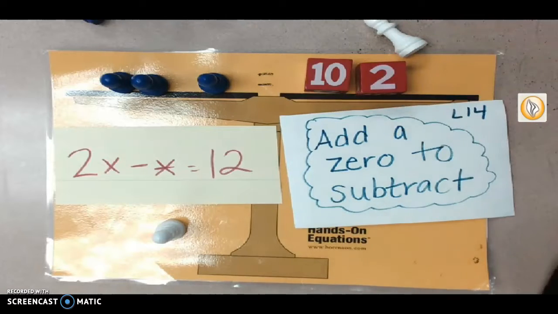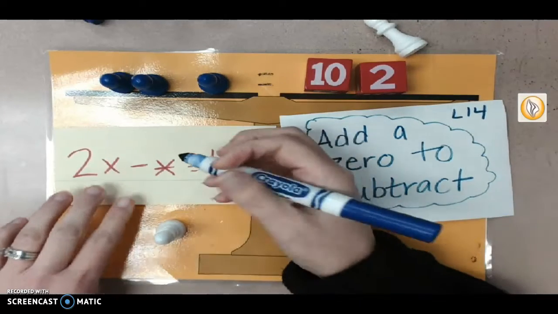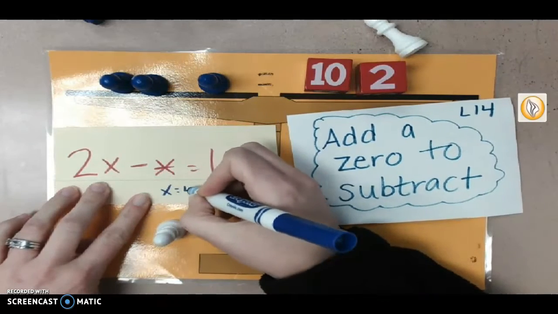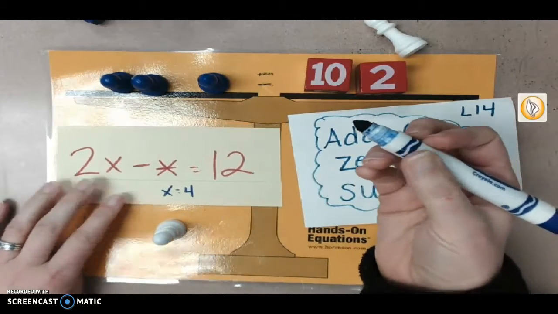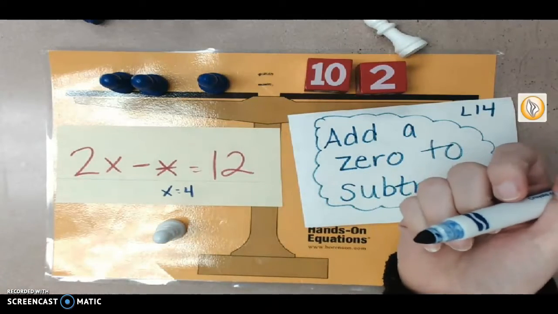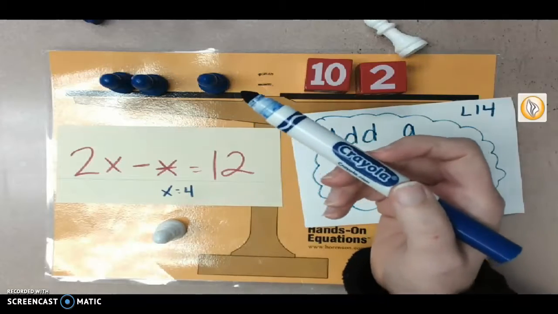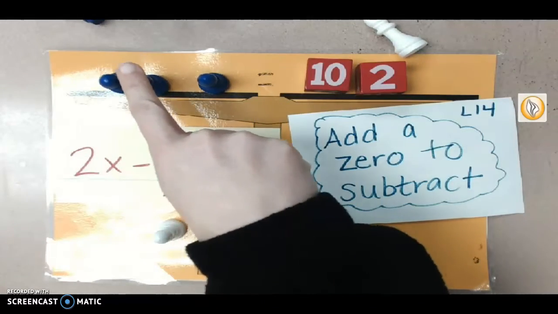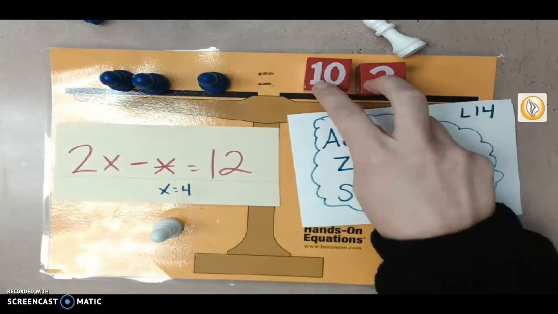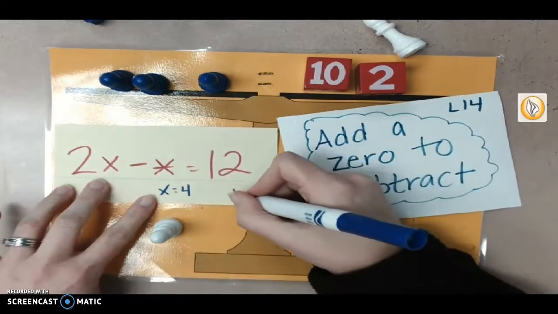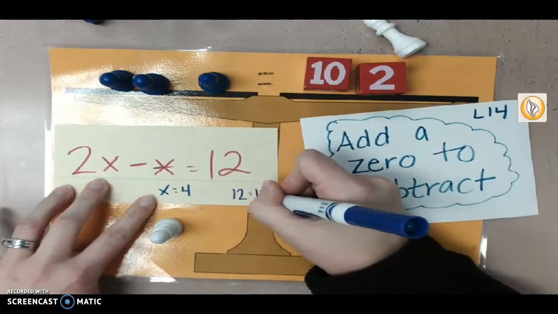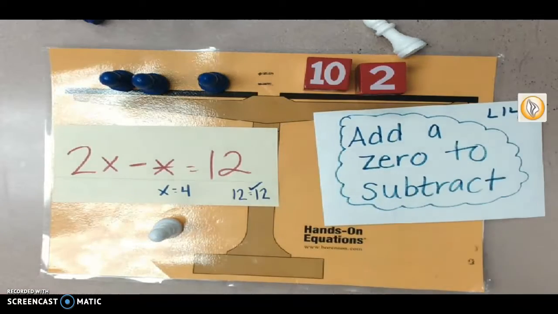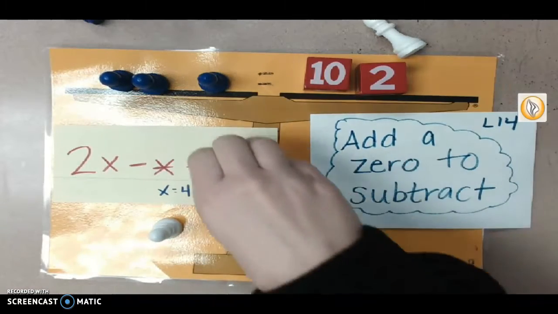And now we are presented with a very simple equation to solve. So we have 3x's equals 12, so x is going to equal 4, and when we check this, we're going to have 4 plus 4 plus 4 is 12, and 12 equals 12. All right, let's go ahead and reset,